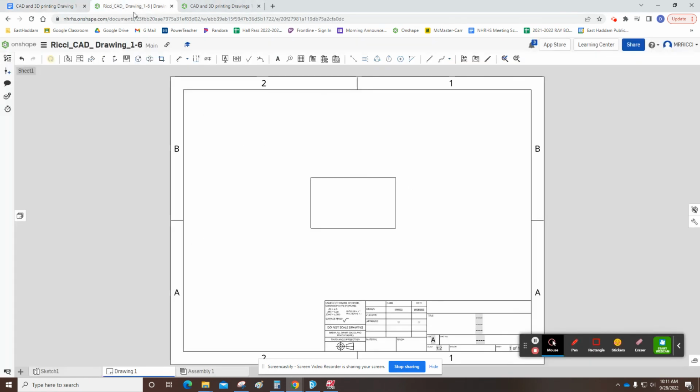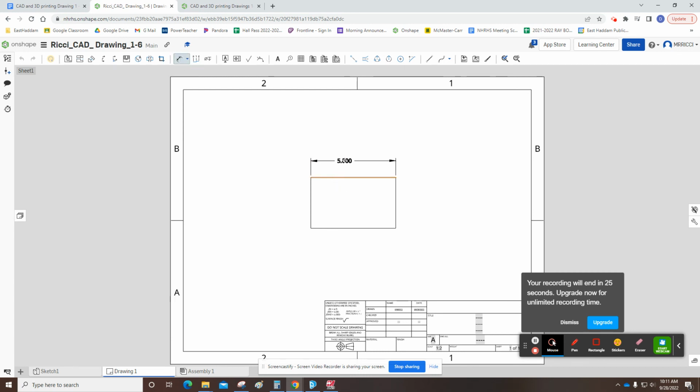Okay. So in our sketch, we're going to come over here to the Dimension tab. We're going to click on our box and it snaps to the middle. Drop it there. Click on this box, snaps to the middle, drop it there. And then we need to add our note. We're going to click in here in our notes. We're going to put CAD drawing 1, stretch it out,